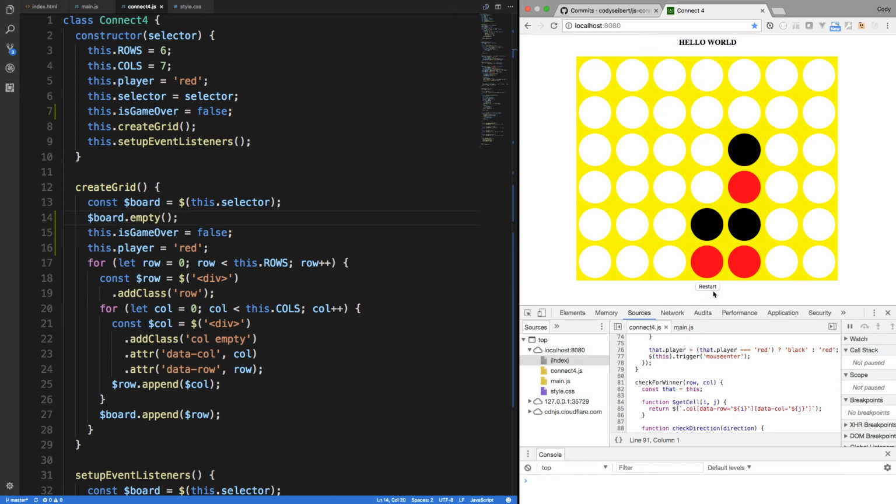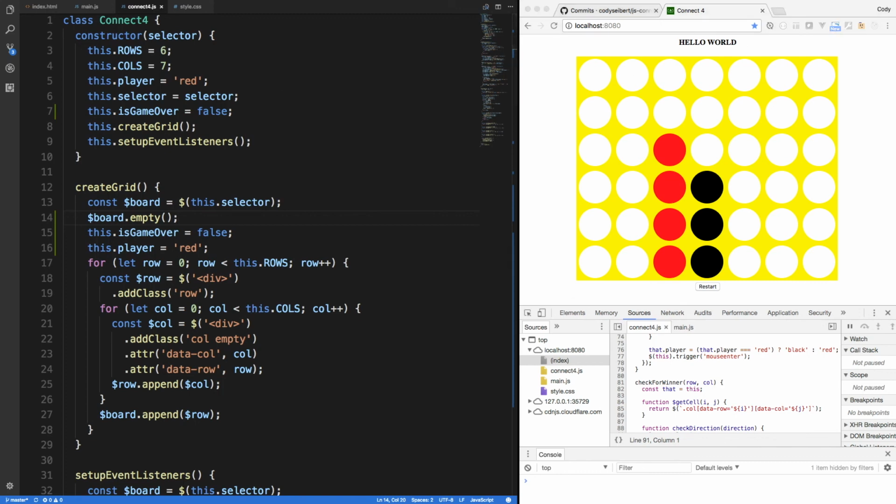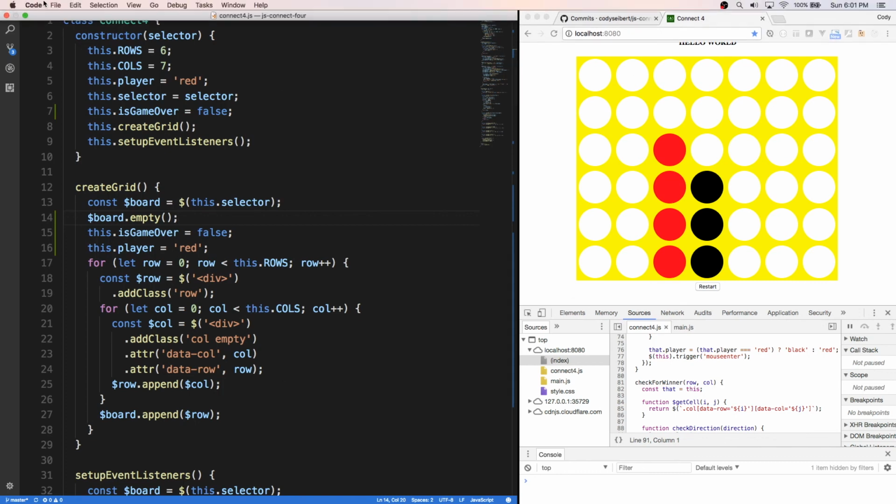Right, so that's pretty cool. It's still working. I think okay, so the last thing I'm going to do is I want to be able to display, instead of hello world, like when it's your turn, like it's player red's turn or whatever. So if I go back to index.html